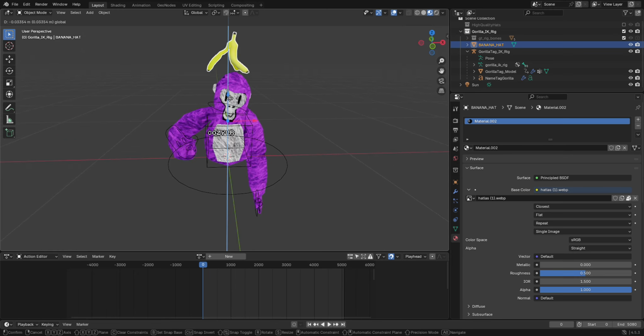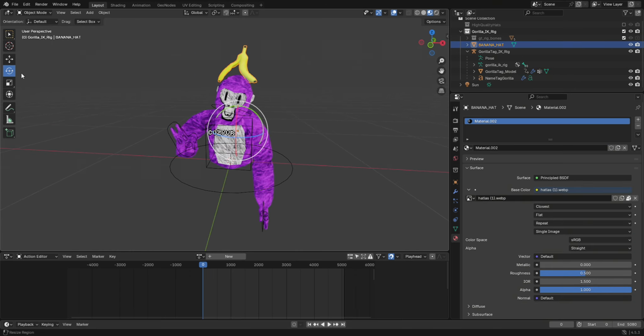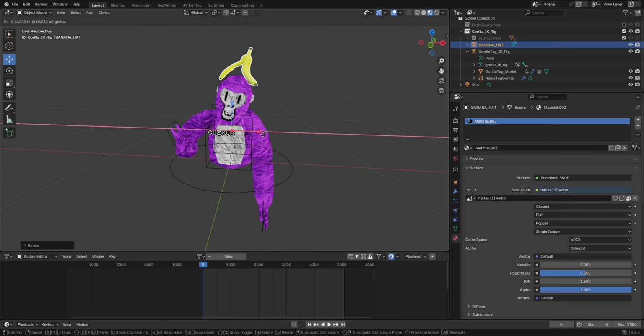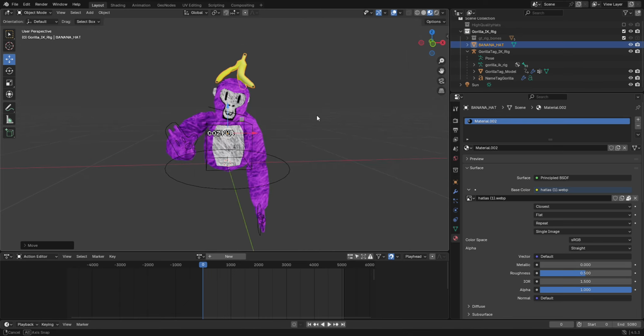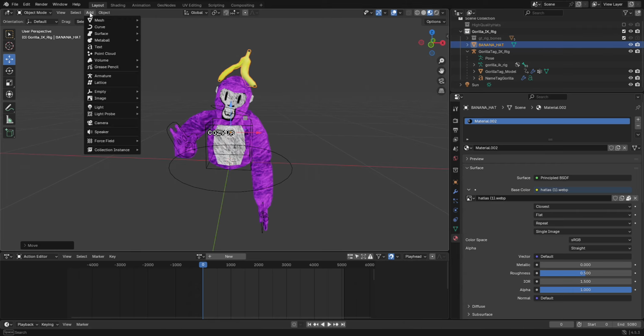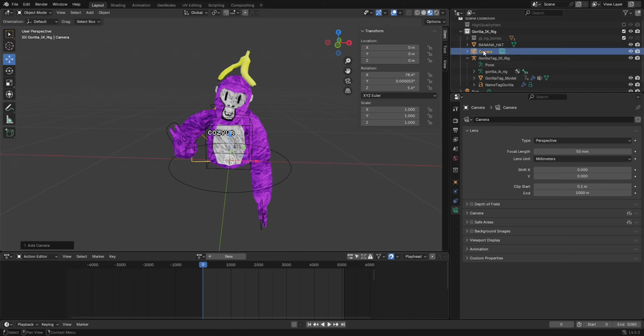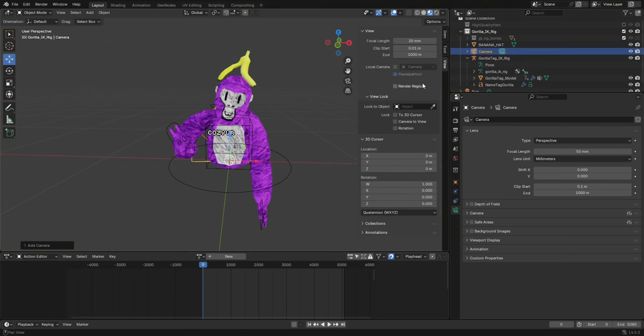So to move it down, you're going to want to move it like this. Move it maybe like this, and then you just want to center it however you want. And that's how I'm going to have it. And the last step to finishing this is you want to click Add right here. Click on Camera. And then from when you click on Camera, click this little arrow here, and it'll bring up this menu when you're hovering over camera. Click View, click Camera to View, and then when you click on this camera icon here,